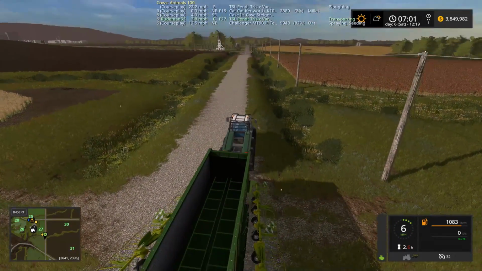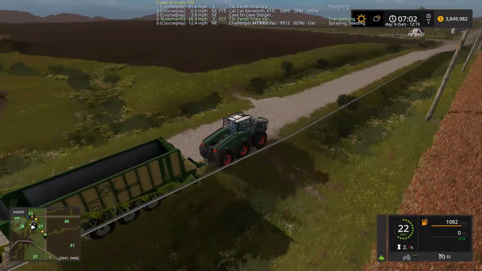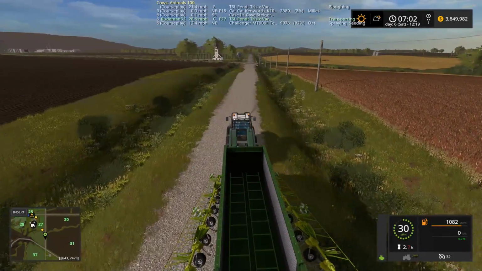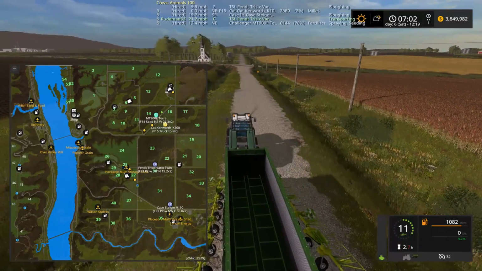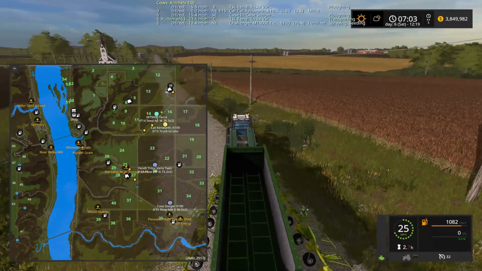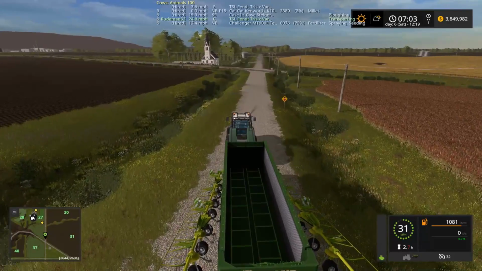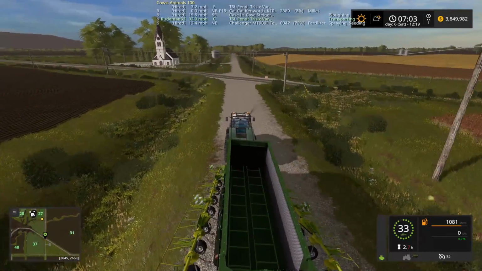Is that my turn? How do I get in that field? That's not where I'm supposed to be. Where am I going? I'm going the wrong way. I don't know if I can flip this thing or not. I better wait till I get a crossroads. Yeah, I'm going the wrong way. I need to go...